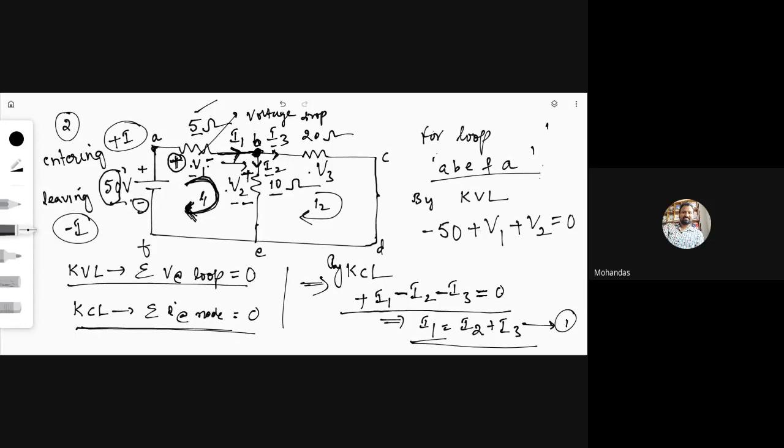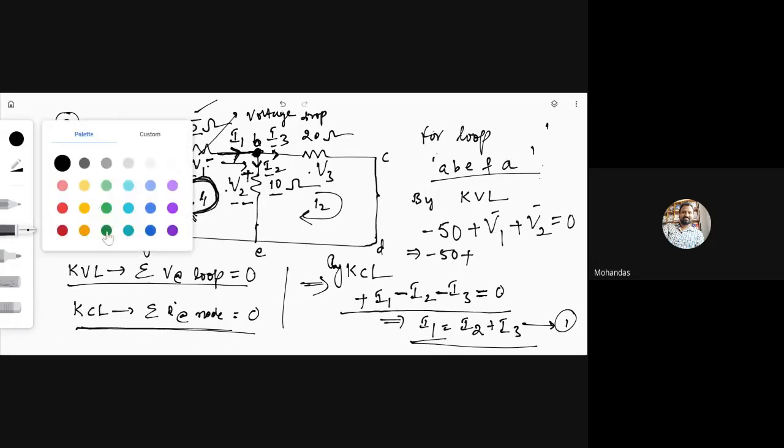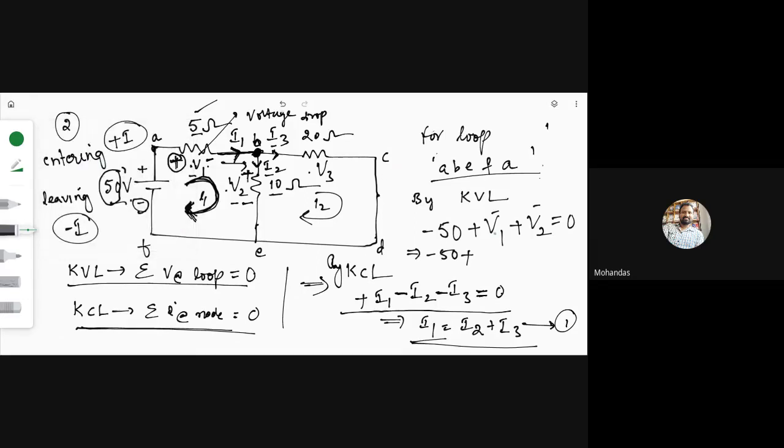After writing the KVL, we have to apply Ohm's law to calculate V1 and V2. So minus 50. Can anybody guess what V1 is here? According to Ohm's law, V equals I into R. So I is I1 only. In this branch, how much current is flowing? I1 current is flowing. But what is the value of resistance here? 5 ohms. So 5 into I1, plus